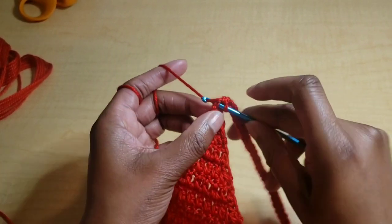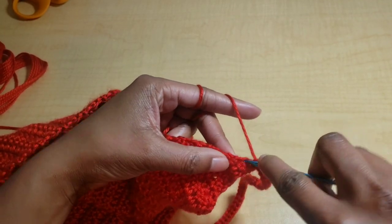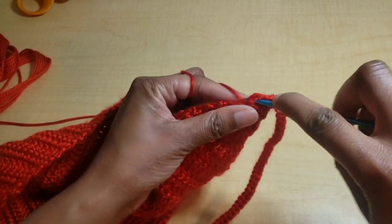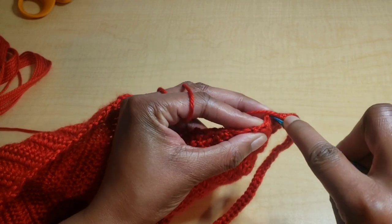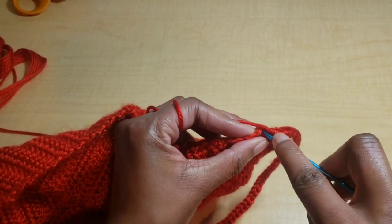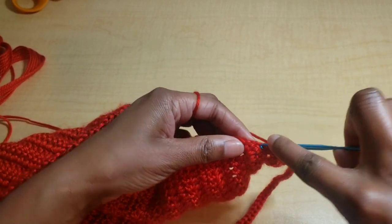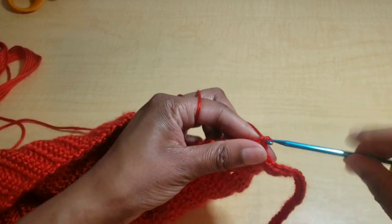And then for all the other ones, I'm going to try my best to put 2 single crochets in the side of every double crochet row, because that is how high the rows are on the side. So they can usually fit 2 single crochets. So we're going to just go ahead and place our single crochets. Do your best to space them out on the side of these rows until we reach